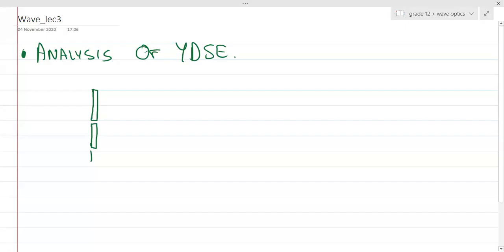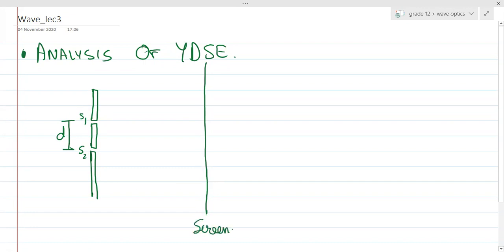So, analysis of YDSE. Guys, can you see a double slit plane like this? Can you see the two slits S1 and S2? Let us say the separation between these two is d. And let's say you have a screen